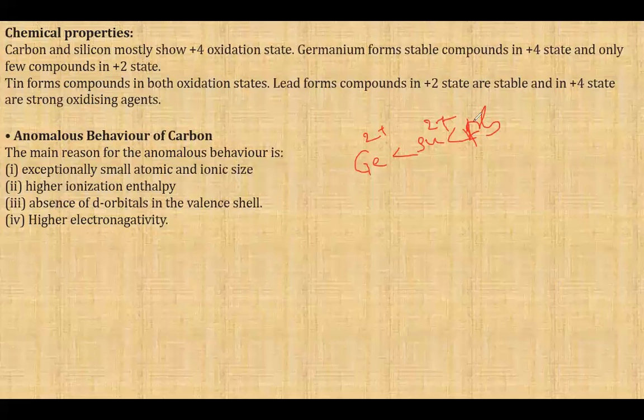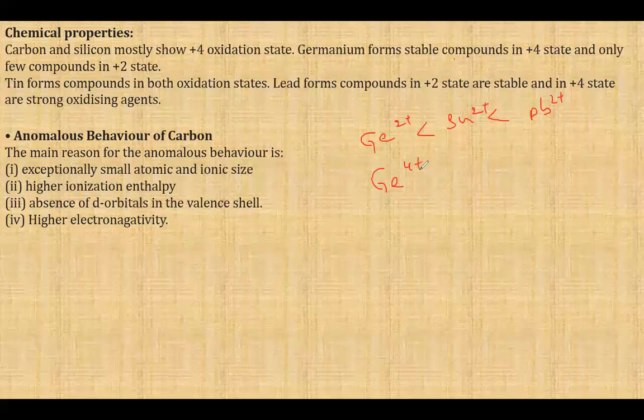So you need to remember the order for the +4 and +2 oxidation states: Ge2+ < Sn2+ < Pb2+. The +2 oxidation state is predominant down the group. And in the case of +4, Ge4+ will be greater than Sn4+, and that will be greater than